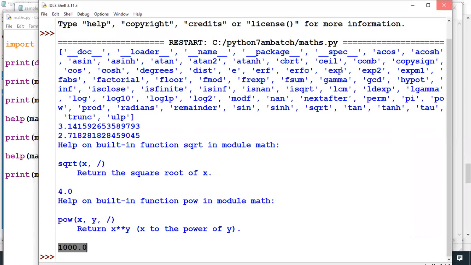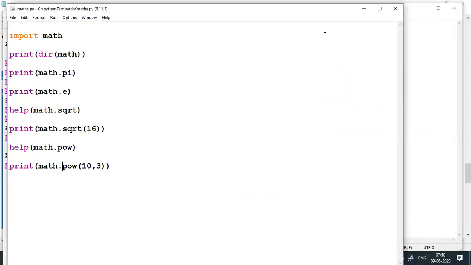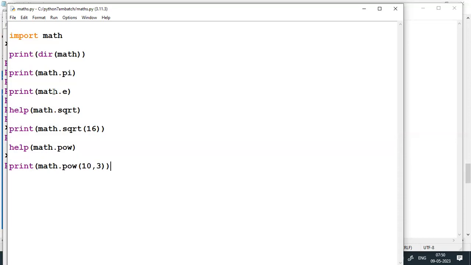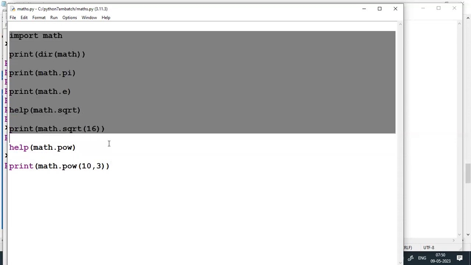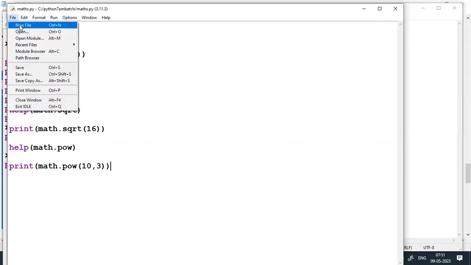For example, I'll show you one more. Even without any knowledge of Python, you will be able to understand the Python code. Just observe, they look like normal statements. Do you see any complex code here? Any complex word here? No, right? math.pi, math.sqrt, math.pow. So I'll show you one more example.